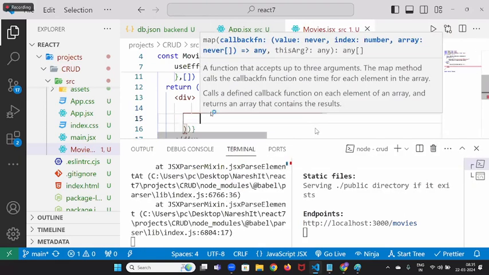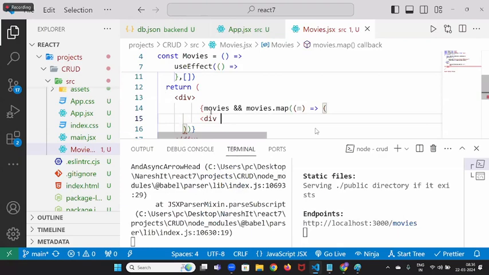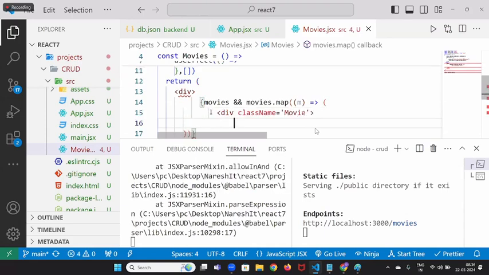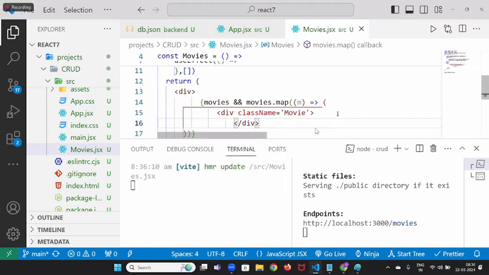Here you write each and every movie separately. Let me take a new div with the class name movie, and inside this div I'm going to write